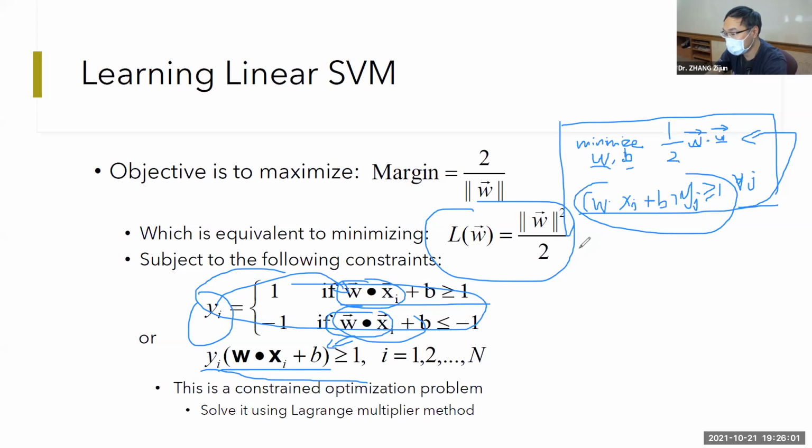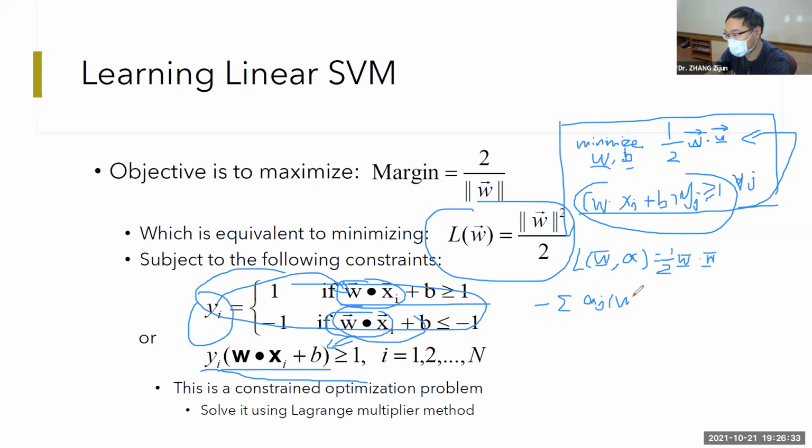Then we have another equivalent form of the problem. The loss function, considering the weight and alpha, is equal to 1/2 weight multiplied by weight minus the summation of alpha j